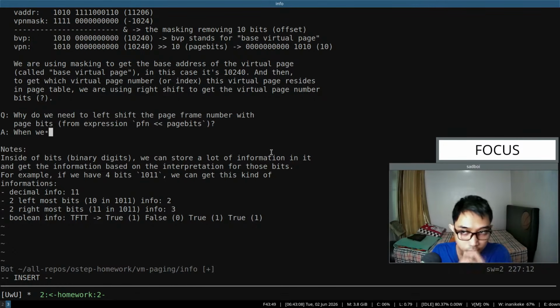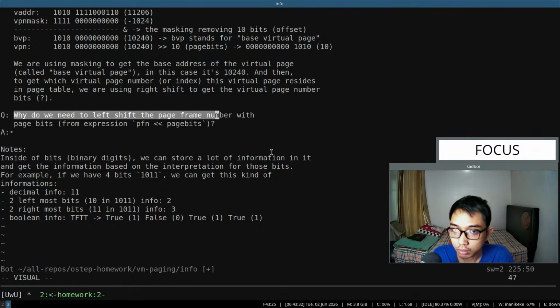Let me think. Wait a minute. The page frame number